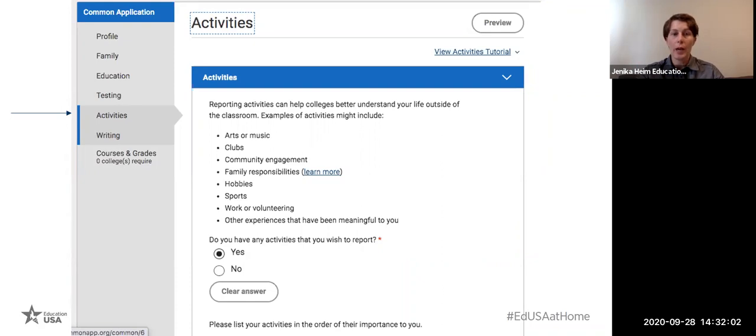Arts, music, club, community engagement. Community engagement is pretty broad. That involves volunteer work or anything that you do within whatever community that you have. Family responsibilities, this is a big one. So if you're not involved in many after school clubs because you go home and babysit a younger sibling for 3 hours each school day, that's an activity. That's something that the admissions committee wants to know about,